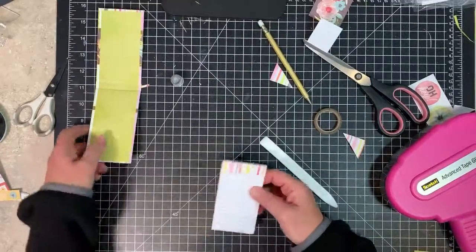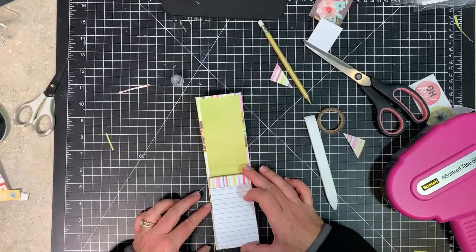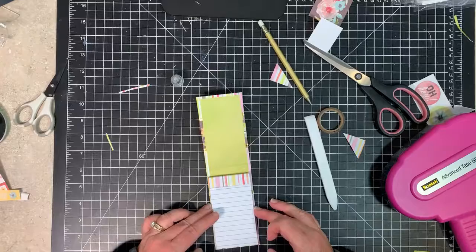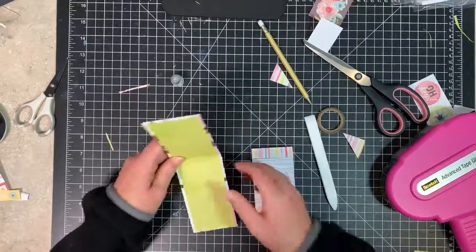Burnish that down. Just make sure you glue it to the right side. I did that the other day. I glued it to the back instead of the front, and it ruined it. And